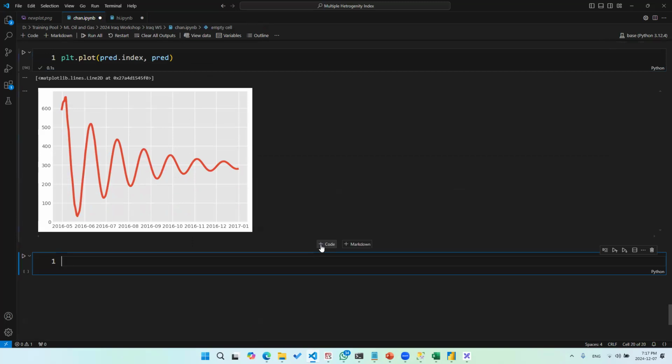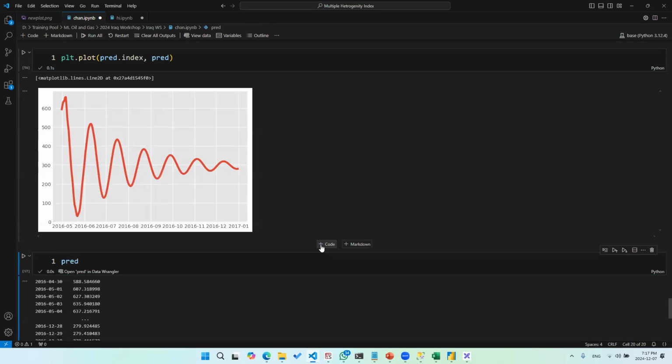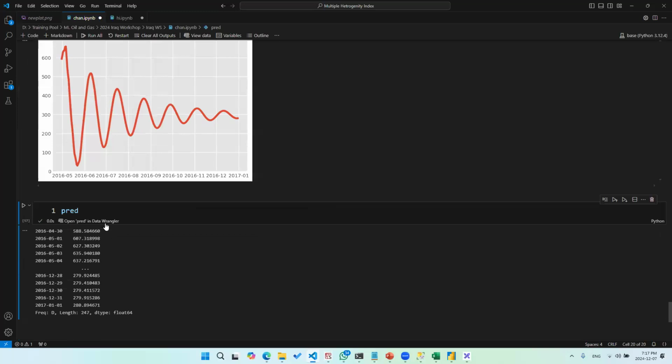Of course, you can just view the data as well. Now this shows you the data. And maybe you want to calculate the cumulative production that will come out of this prediction. That's also very easy to do. Let me show you. Maybe you want to see how many barrels of water you are going to produce based on this chart.